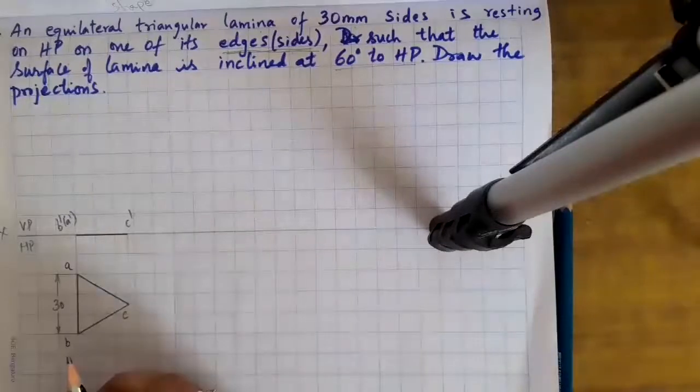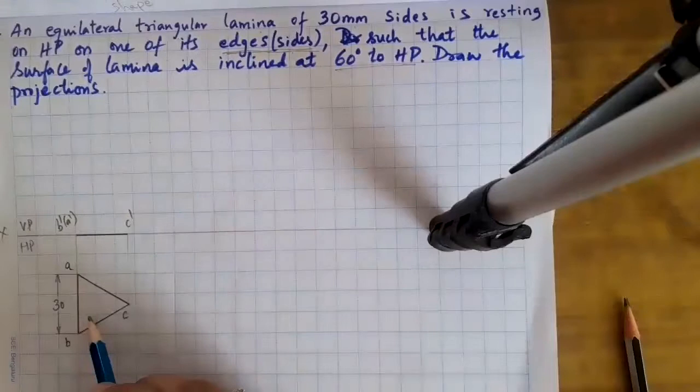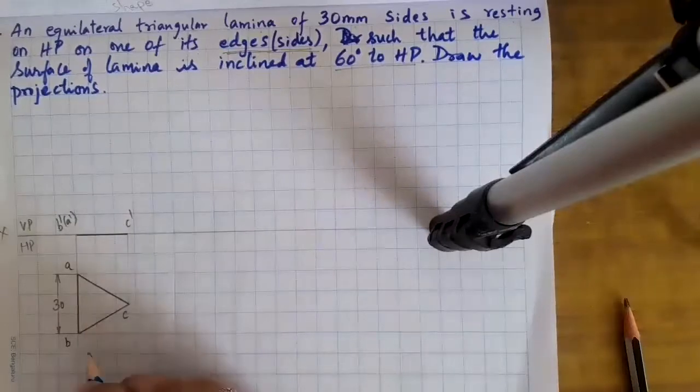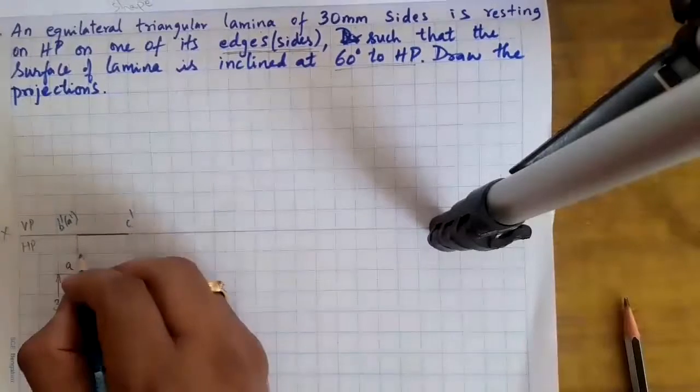This is my first step I have drawn. This is an assumption step because if the lamina is parallel to HP, then only I can draw its true shape. So this is my first step. Second step is the front view. I'm drawing a simple arrow mark here. I have obtained the front view.